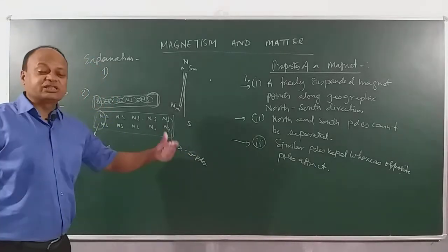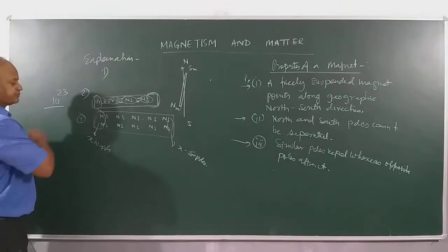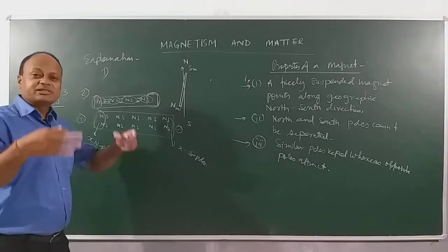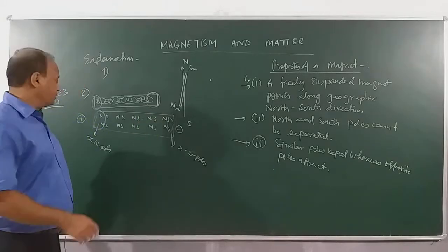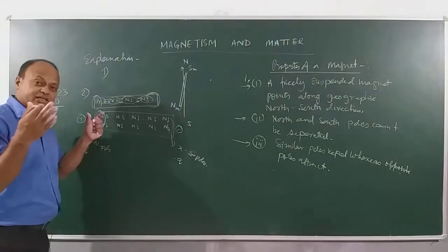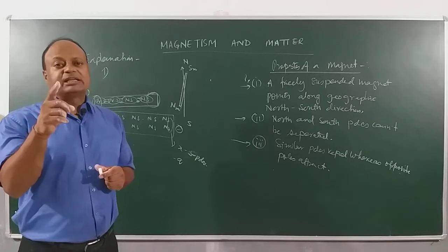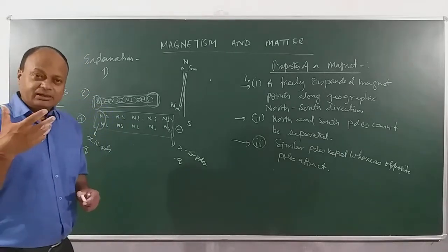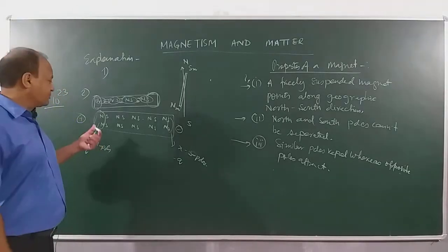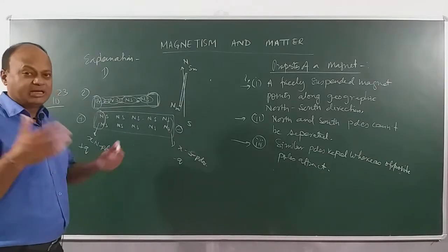Now this is very interesting. There are as many north poles as south poles. So suppose I say the north pole is plus, then the south pole will become minus. So it becomes like a dipole. Remember the concept of electric dipole you did? On this side you wrote plus q and on this side you wrote minus q. So this bar magnet as a whole is regarded as a dipole. But what dipole? Magnetic dipole. Keep in mind, every magnet has to have a dipolar character. There will be as many north poles as south poles. Be it an electromagnet or a permanent magnet, there will be a dipole moment.